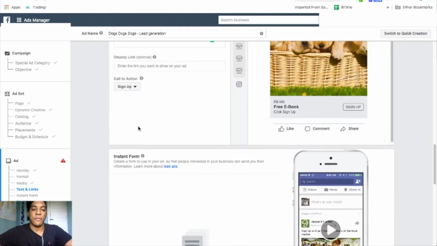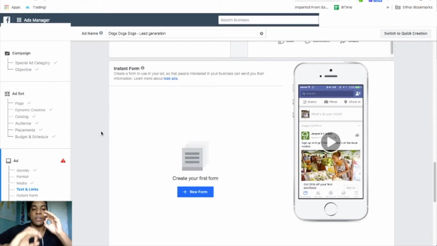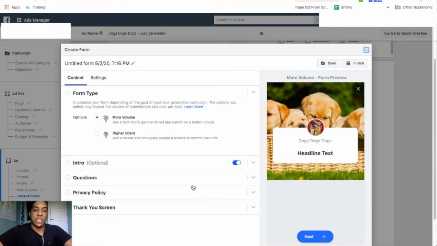So then the second to last part is actually choosing an option of what you want the call to action to be. So let's just do download, right? If we're going to do an ebook, let's do download for a free ebook. And then this is the final part. This is the part that you guys want to know, right? How to actually create the form. This is what's going to allow you to actually collect the leads, collect the information that you want. Let's just say lead form